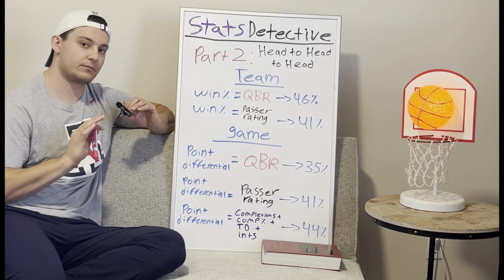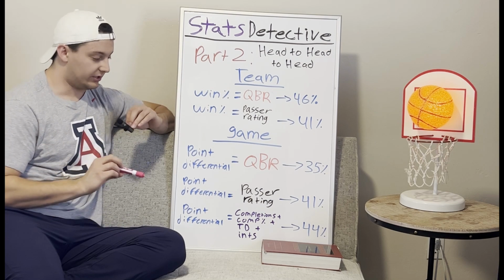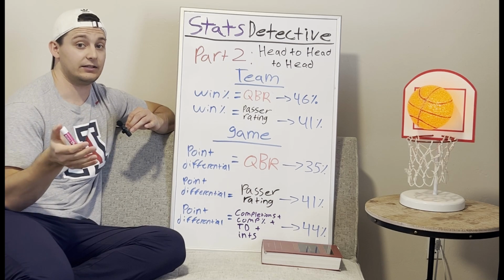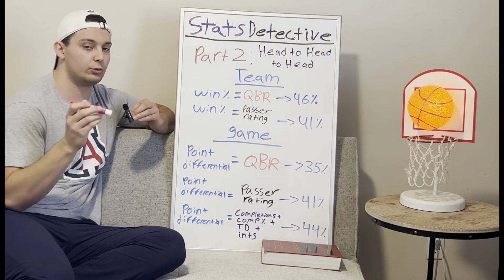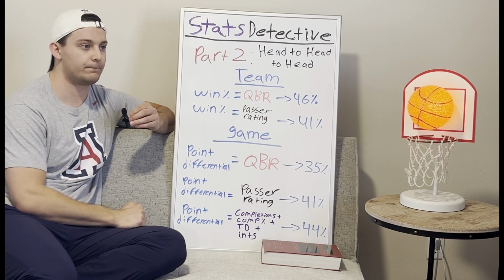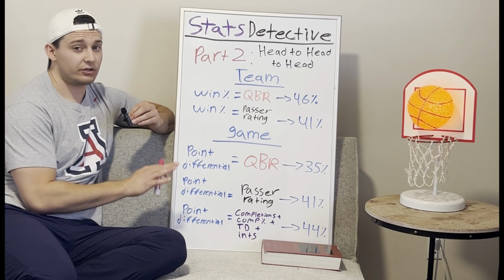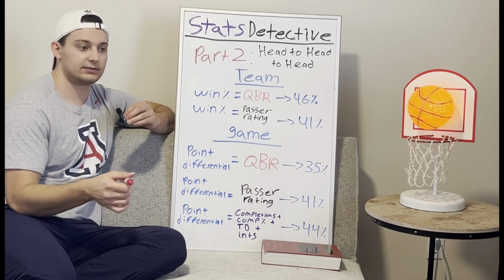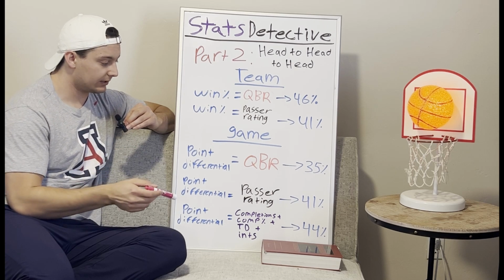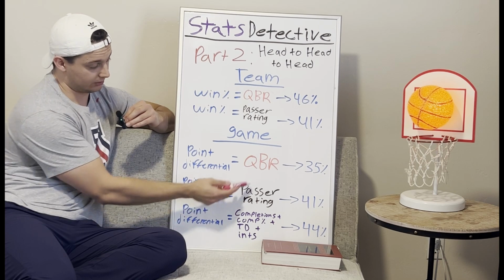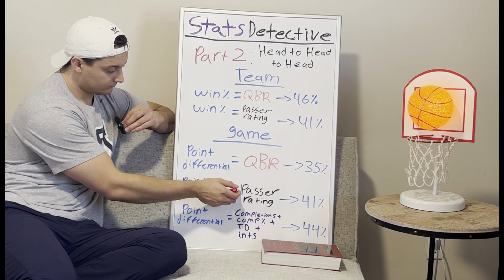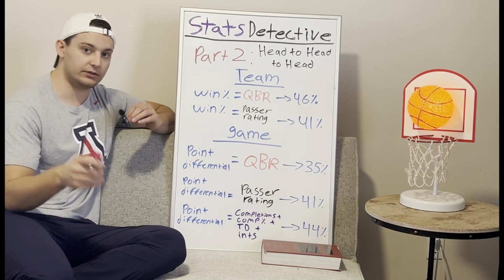Now, okay, there's a caveat. I understand that these statistics were not necessarily designed to predict winning or to predict points scoring or point differential. I understand that. They are more so designed to compare quarterbacks. And I appreciate that, because when it comes to comparing quarterbacks, I probably would use passer rating over QBR because you get a loss of signal. But either way, I would like a single number to do so.